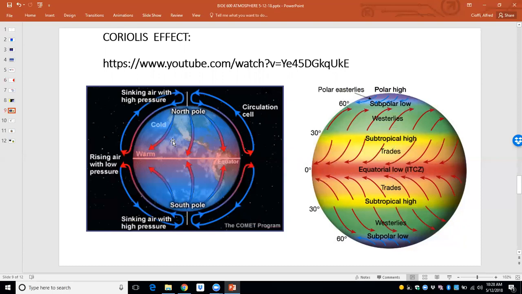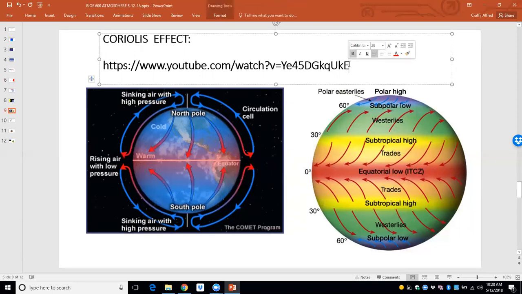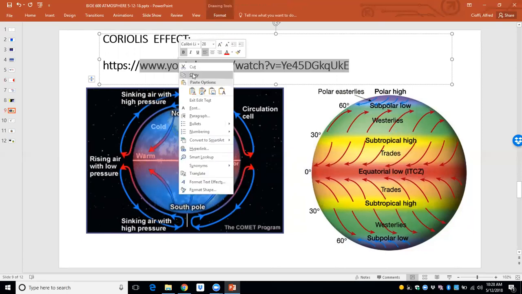First, convection, the convection currents, but on a spinning sphere, on a rotating sphere, which is going to make that convection twist. It's a combination of a vertical movement in the atmosphere and a horizontal movement at the surface of the Earth. That is going to make the convection current twist and cause the weather patterns. Okay, let's go for it. A little video here, 3 or 4 minutes.